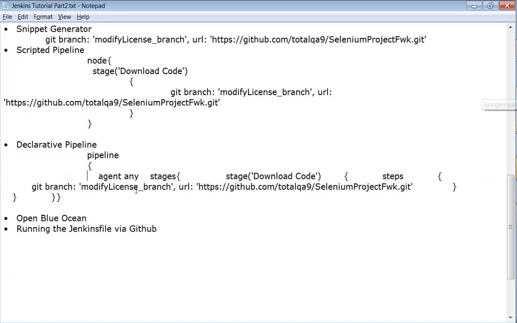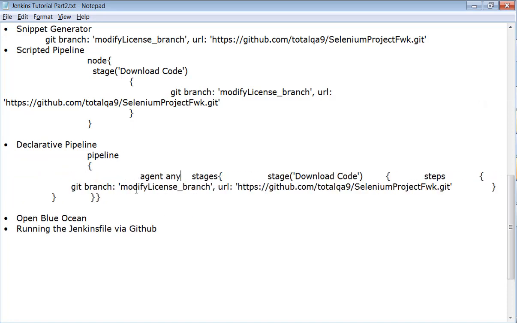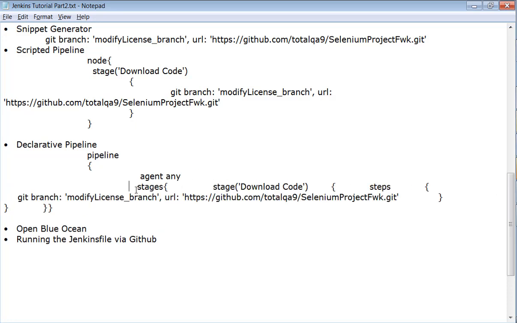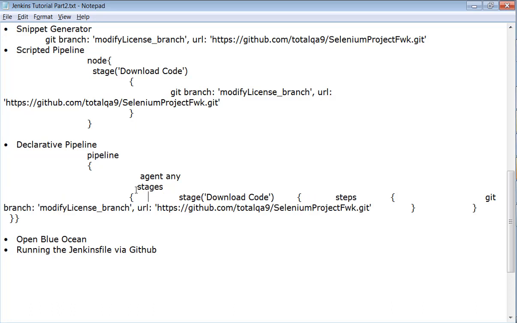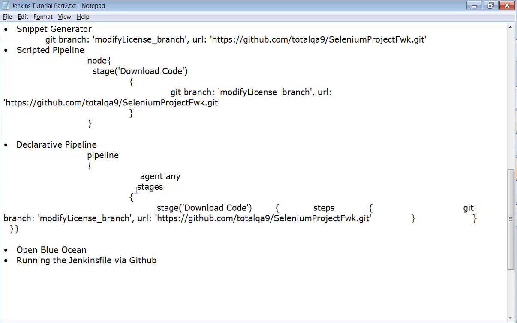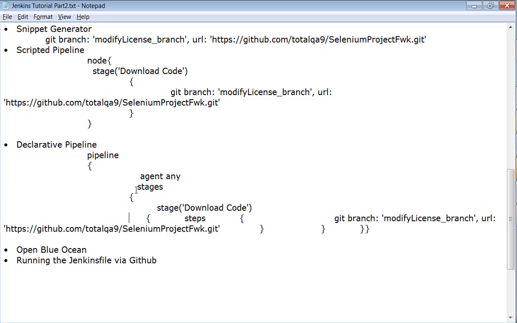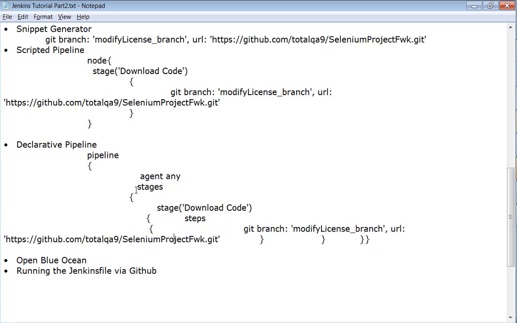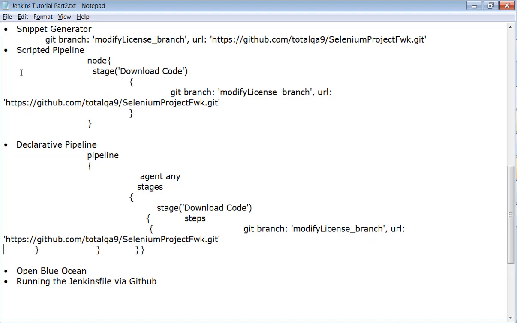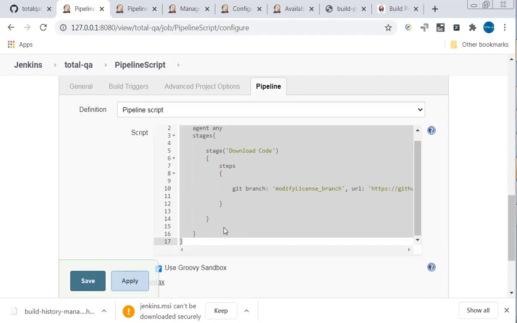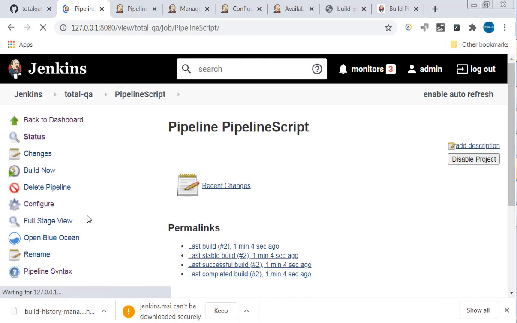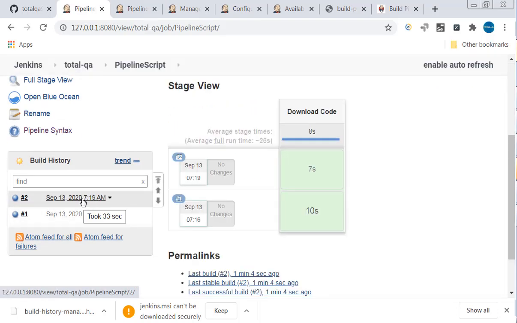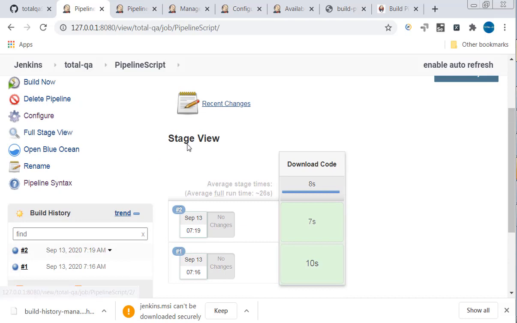And we can even do formatting of that agent any. Okay, so this is for declarative pipeline. Now if you go back and see, the job is successful for this also.